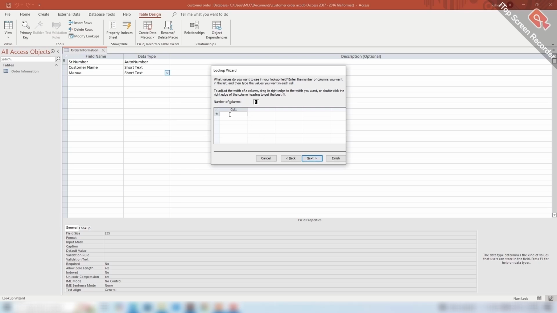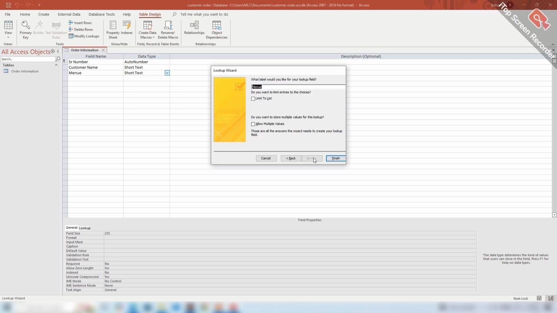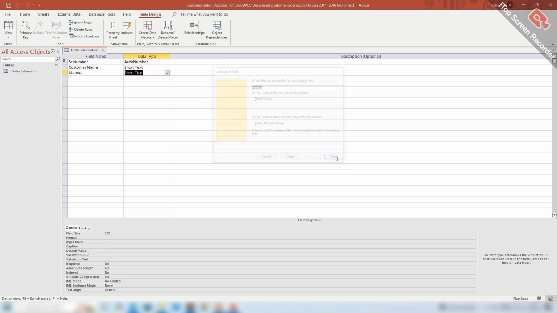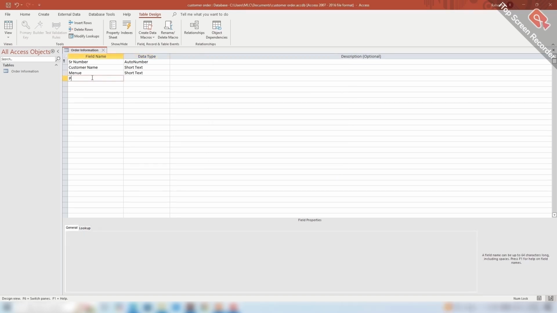By clicking on next, here you can enter the choices, and by clicking on next, the label of the field is menu. Click on finish.